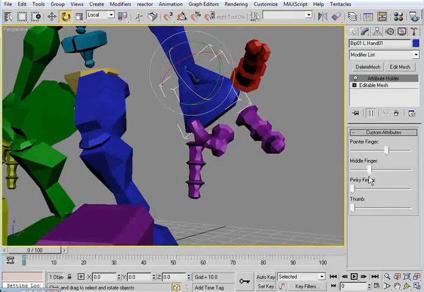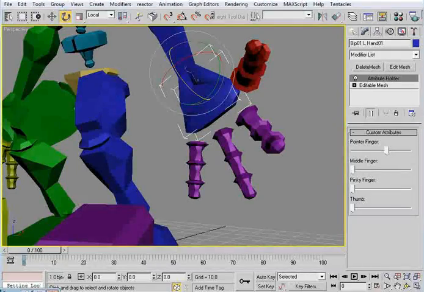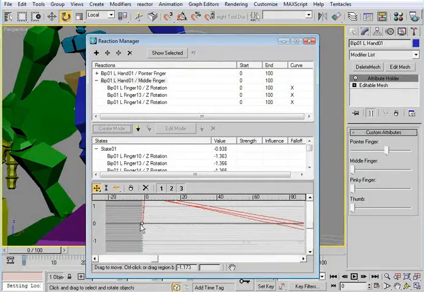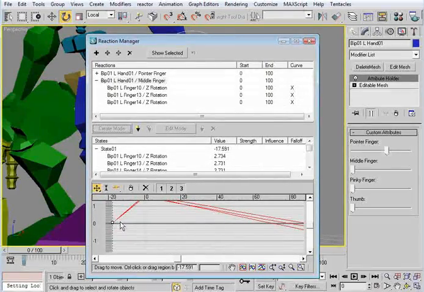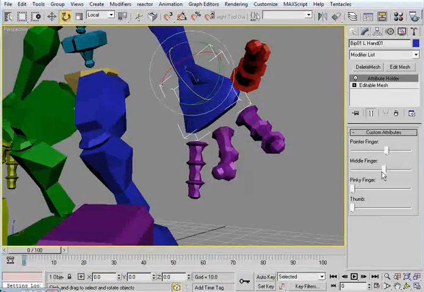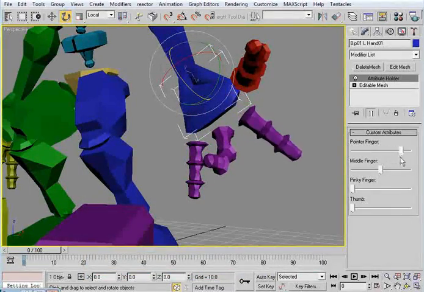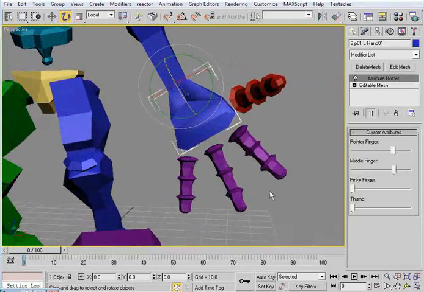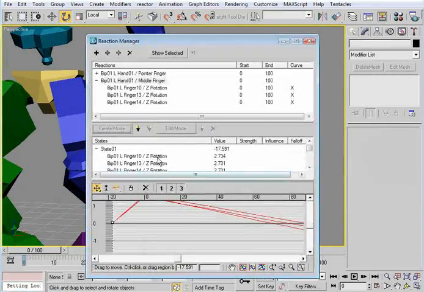Okay, so again it does a little pop, so we go back, select on these guys. It doesn't matter how far, as long as it's one tick past 0 it'll be fine. Okay, so one more time,